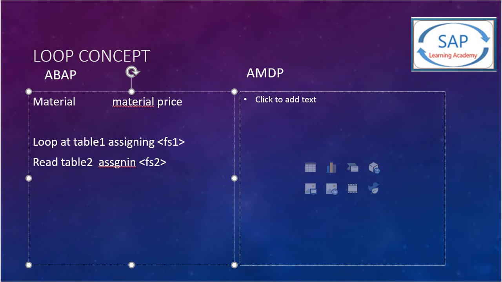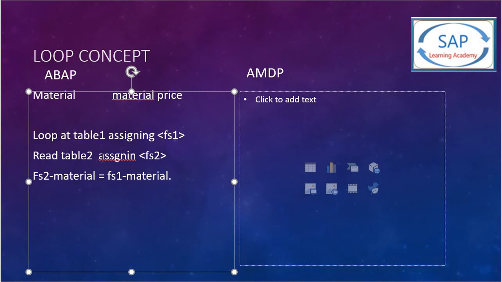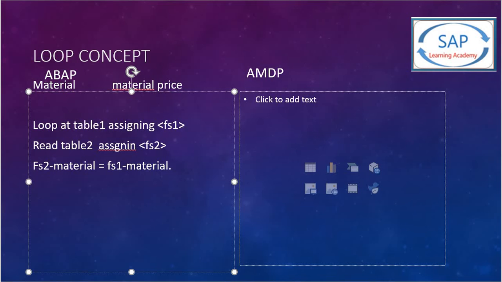So in this case you have to match: if fs2 of material equals fs1 material, then if that matched, you are going to take the price. So the price from this fs2, you will assign to fs1